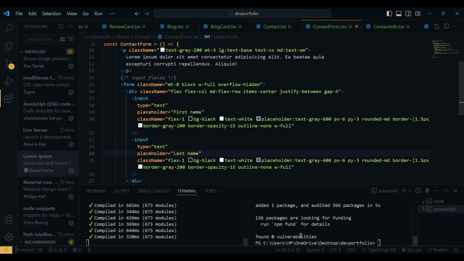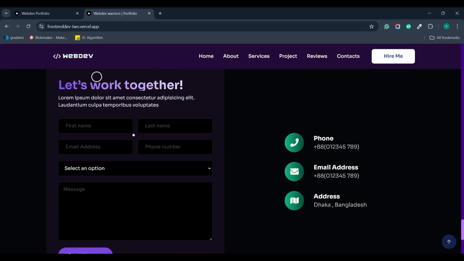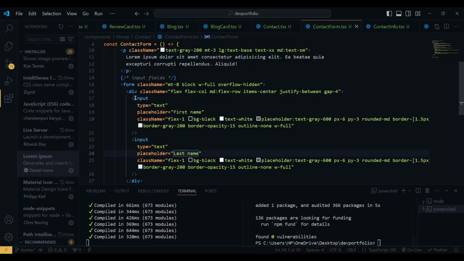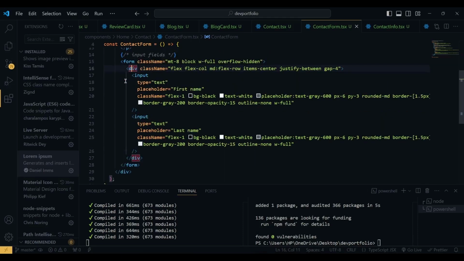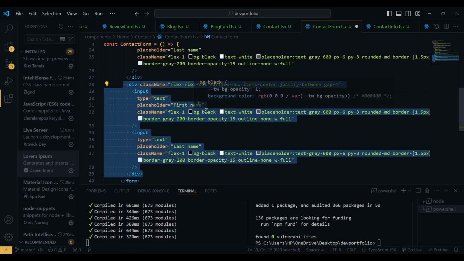Now if I hit save, as you can see we have two input fields, one for first name and last name. Then we have two more for email address and phone number, which look exactly the same. So I'm going to copy this and paste it here,